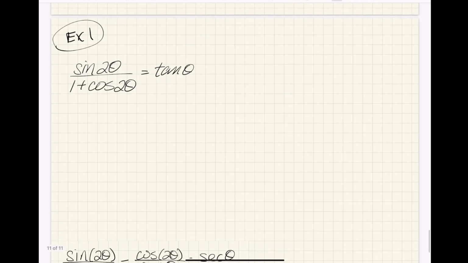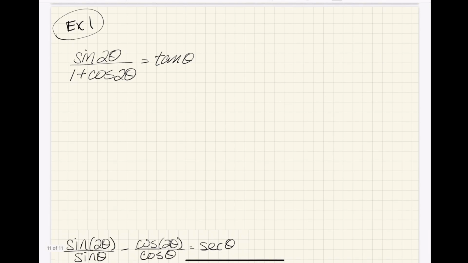So we're going to do a little bit better job of notation than I did when I made these original trig proof videos many years ago, which I'll have a link to in the description below. But we're going to say that we are formally starting our proof, and let's identify this with a different color. We're going to start on the side which we believe to be the more complicated side. In that case, it is the left-hand side, and simplify it down to the expression that has a lower degree, the lower number of terms, whatever you feel looks like the simplest.